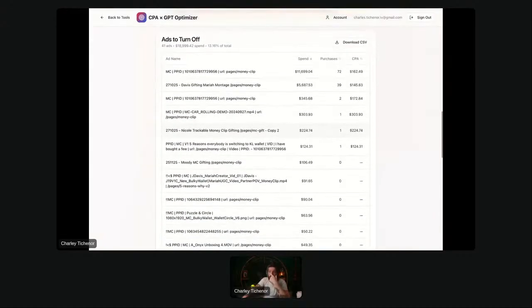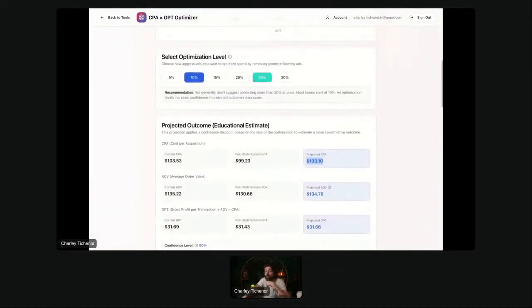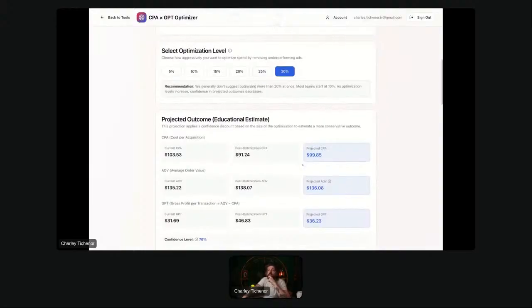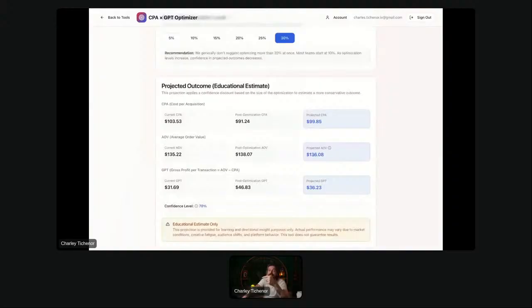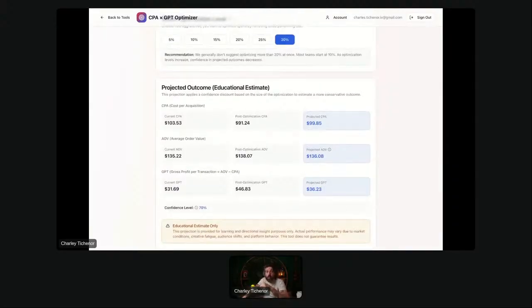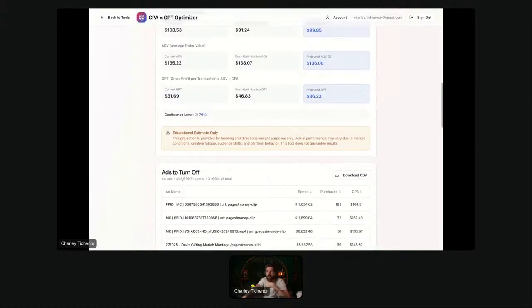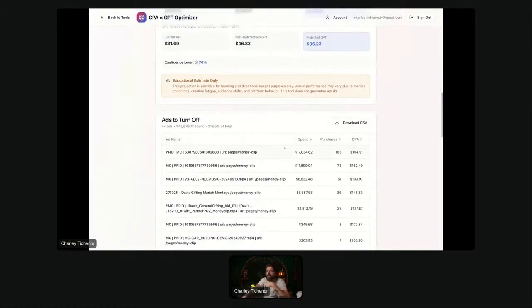Now, let's be more aggressive. Let's say we want to be 30%. Well, now we're continuing to see what we want to do. Here it's 44 ads. Now, in this data set, the reason this really matters is because there's so much waste. You should not be launching more ads in this. There's 75 ads. But if we get rid of 44 of them, we can probably project to get a $4